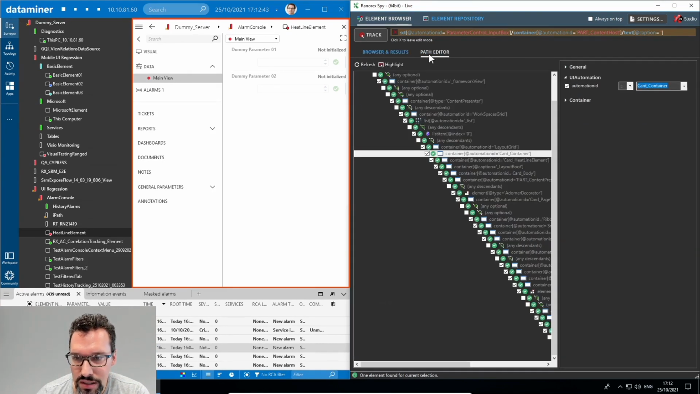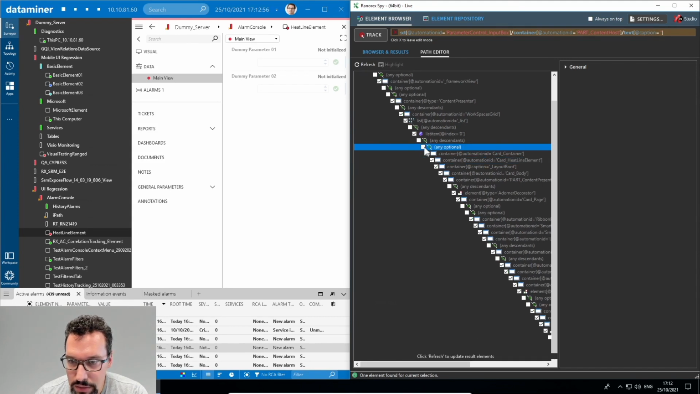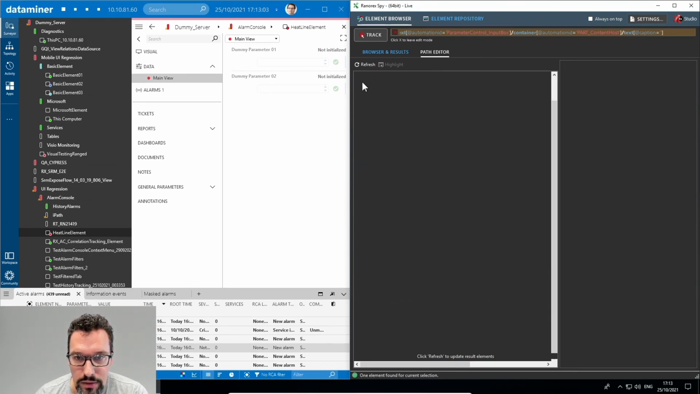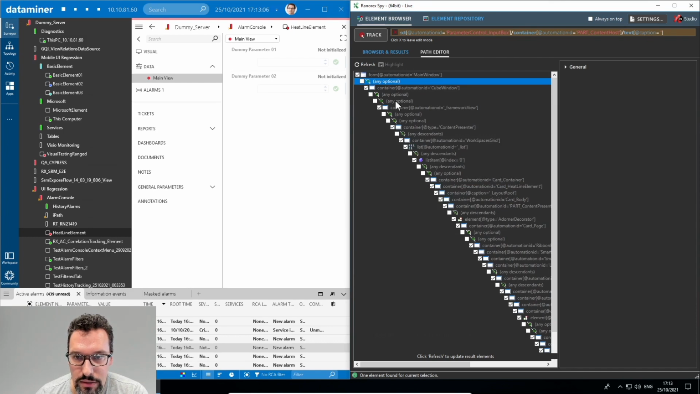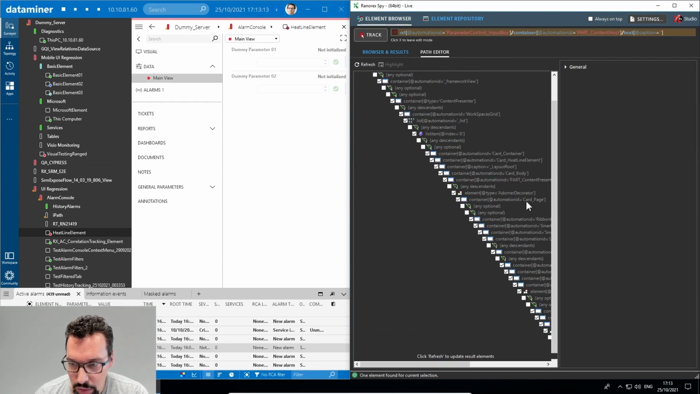Let's take a look at the path editor. We have the card container and then card heatline elements. Yes, okay, so it's using that one. Let's disable a couple. I don't care about the layout grids. And I don't care about this container. Okay, let's continue. So within our card,